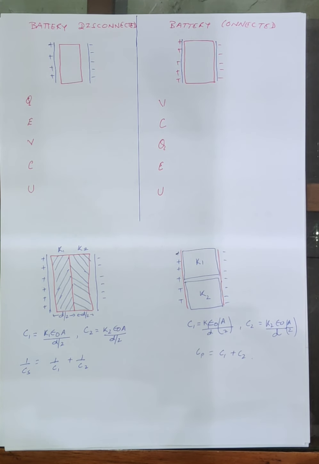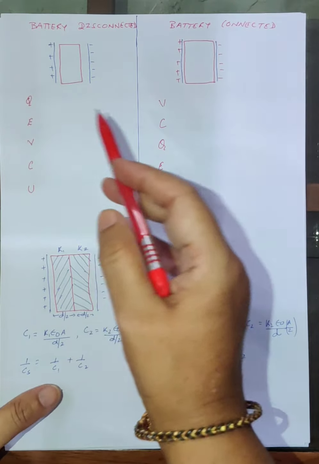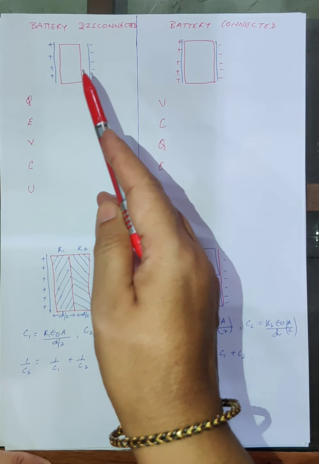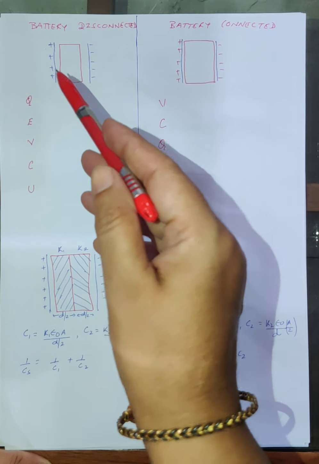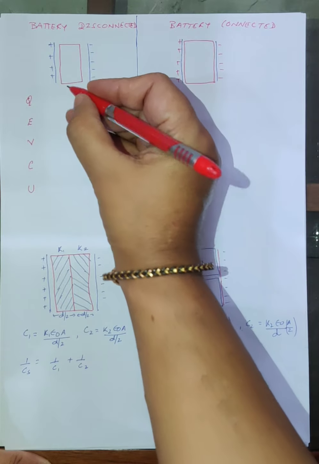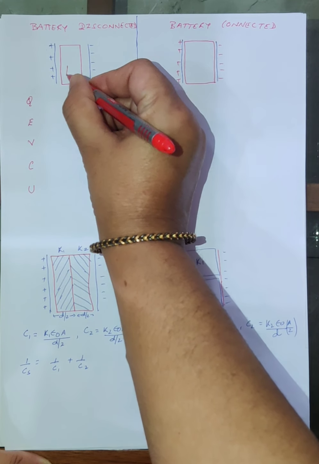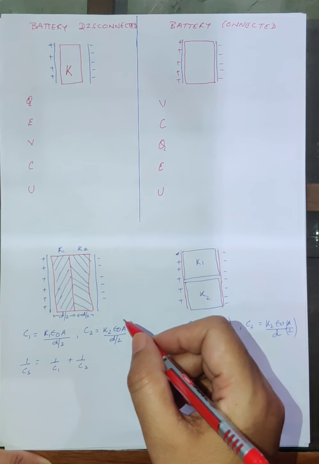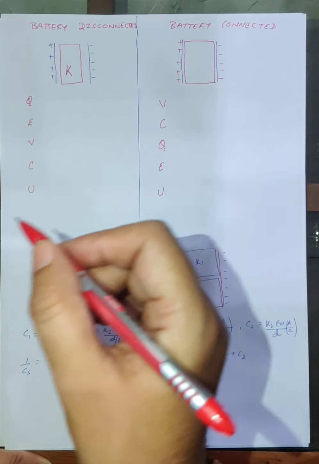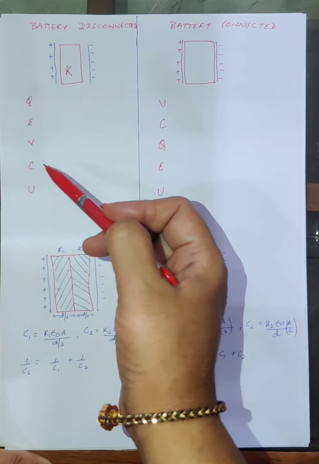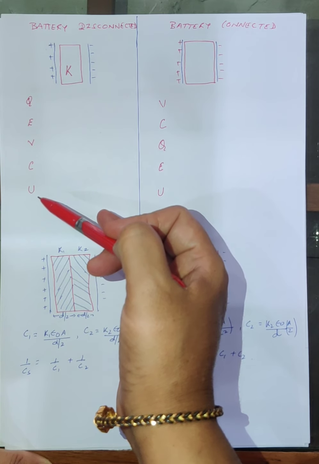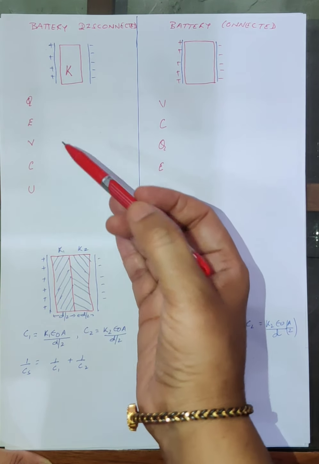Okay, students, let me discuss the two typical problems of the capacitor. There are two questions, this 1 and 2. In this question, when you charge the capacitor, and after charging it, you remove the battery and then insert a dielectric of dielectric constant K. Then how will the charge, electric field, potential difference, capacitance and energy of the capacitor change? You have to answer this.